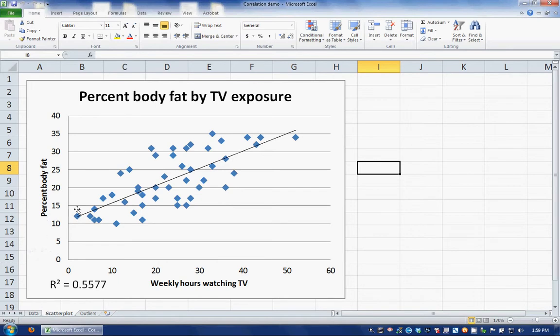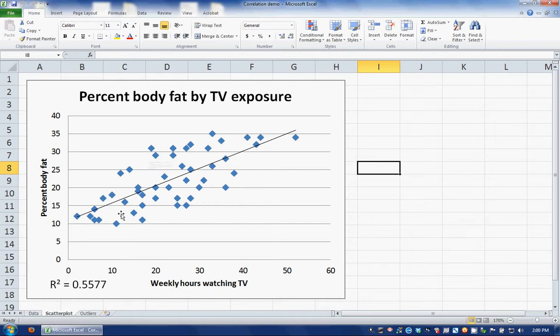Now, regression is going to tell us, first of all, how strong this pattern is, and whether that pattern is strong enough to suggest that the pattern exists for some non-random reason. There's one more thing on the chart here that I want to point out, and that's this number here. This R2 equals 0.5577. Regression produces a statistic called a Pearson's R, and a Pearson's R ranges from -1 to